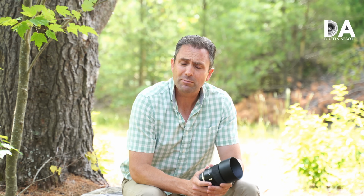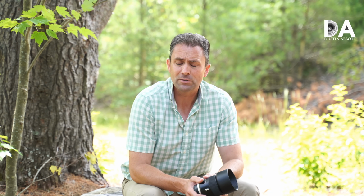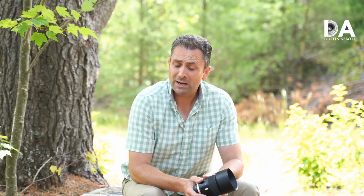This lens continues to have somewhat of a unique standing in that it is one of the very few 85mm lenses that has VC, or vibration compensation. You could call it OS or IS, an image stabilizer built into the lens. For that reason, I think it continues to have relevance for some users in particular, as while a lot of the newer camera bodies are coming with in-body image stabilization, there are still a lot of them out there,